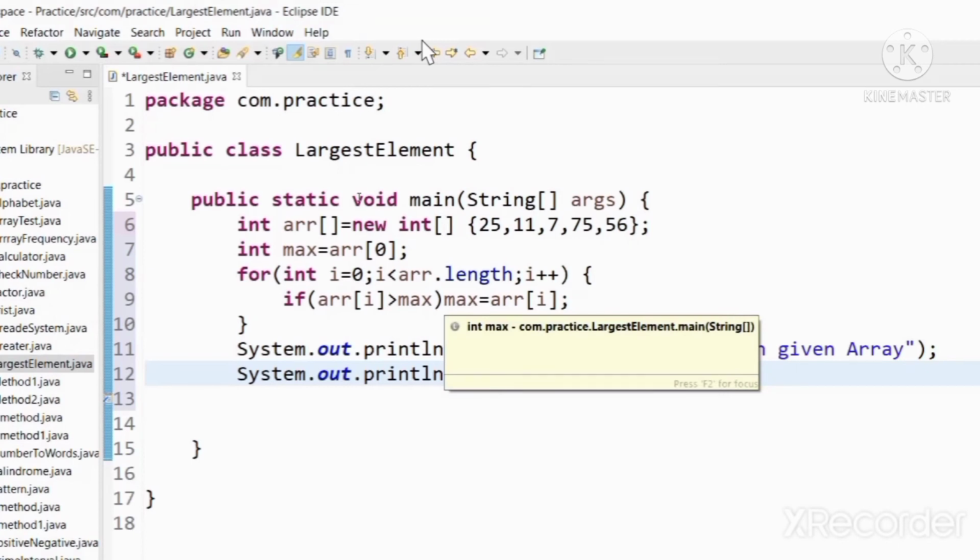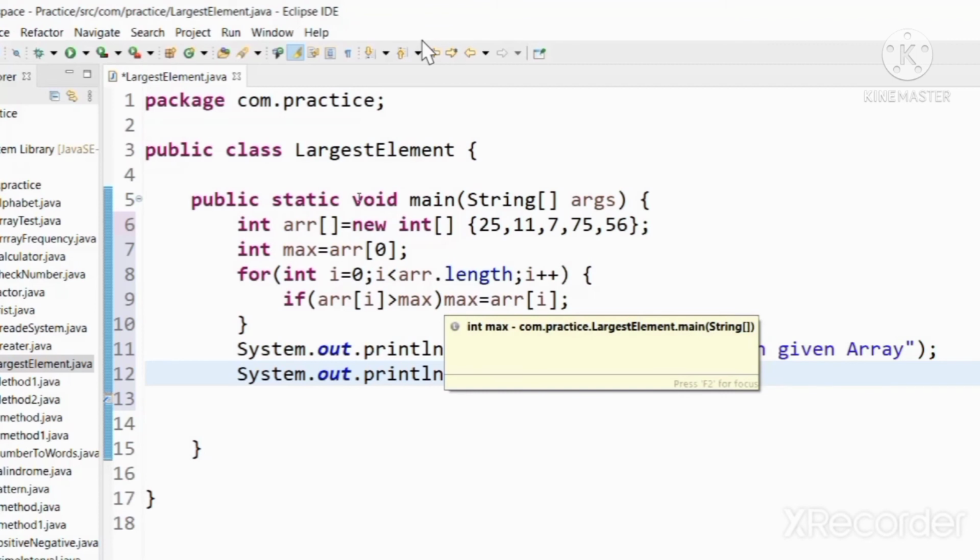So in this given array, max will hold initially the value 25. In the first iteration max will be compared with 11. Since 11 is less than max, max will retain its value. In the next iteration max will be compared to 7. 7 is also less than max.